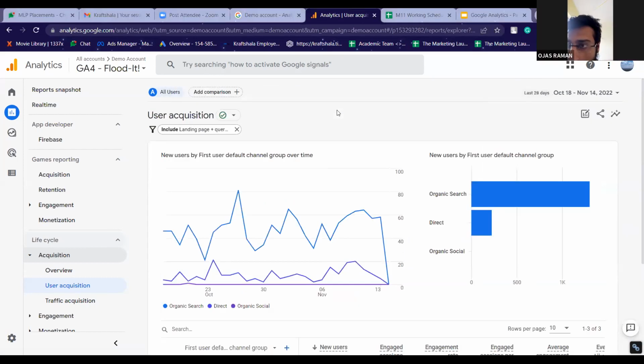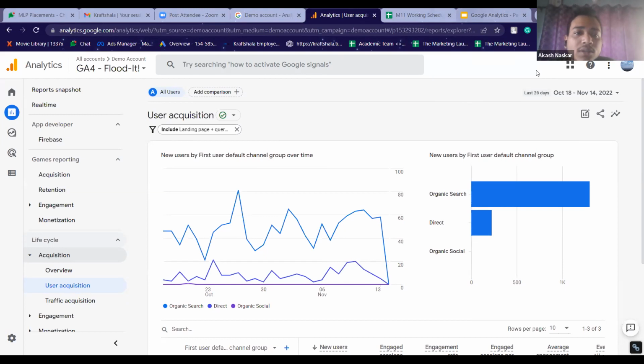Cool. There is one more filter of page path and screen class. In that, there is a main menu. That is not your page. The landing main menu page won't be a home page. Okay. Home page is always classified by forward slash. Okay, cool.